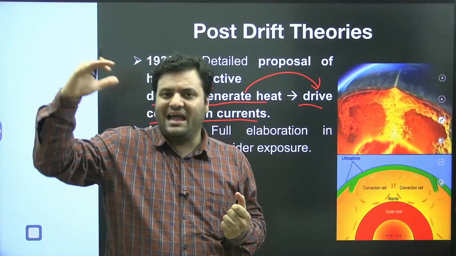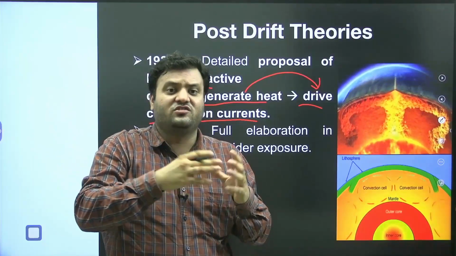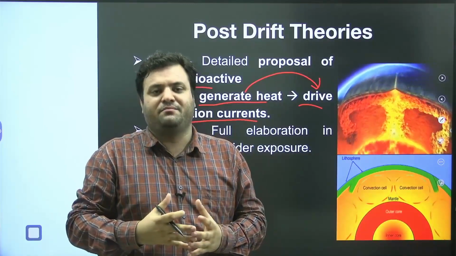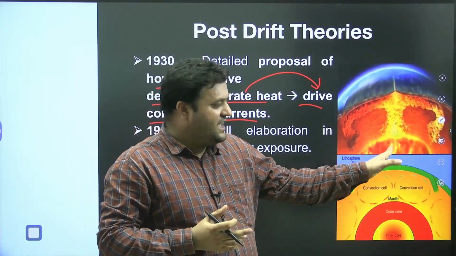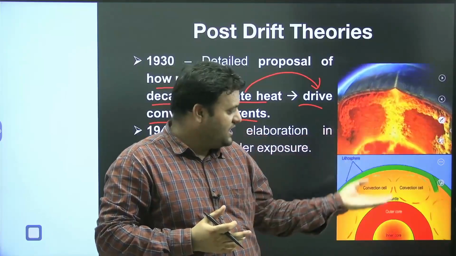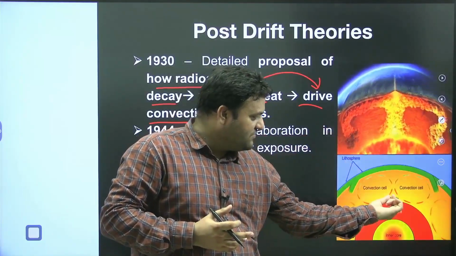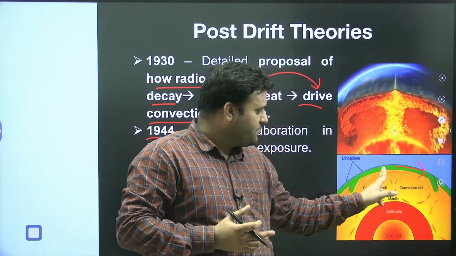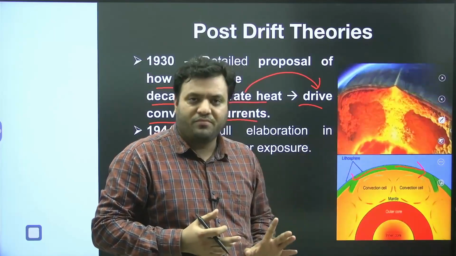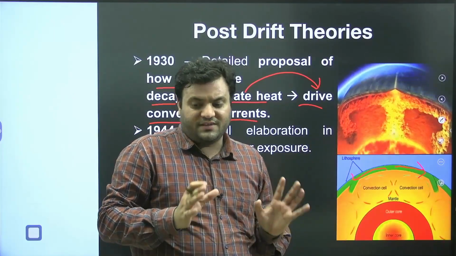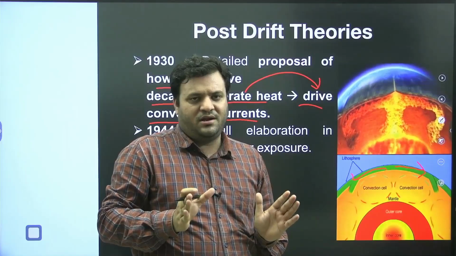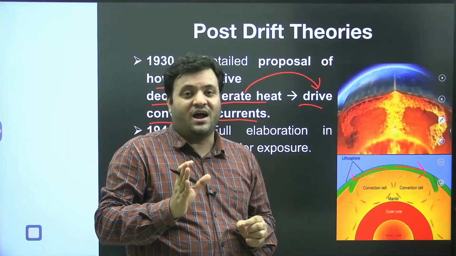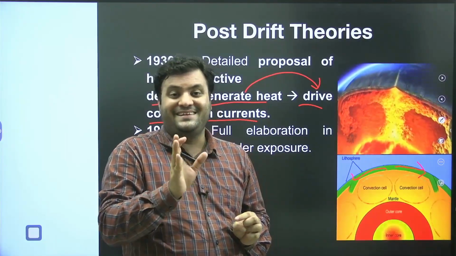Water will move from high elevated areas to low elevated, that means it follows the slope. So here the heat is also following the pattern, from high heat zone to low. Here in this diagram you can see that these convectional currents, when they are rising, are going to drift these crustal parts. Okay, so yes, it seems that the continents are drifting, but Arthur Holmes provided the factors, or the driving mechanism.